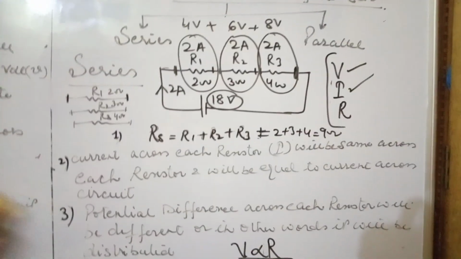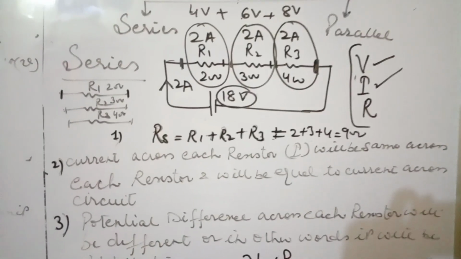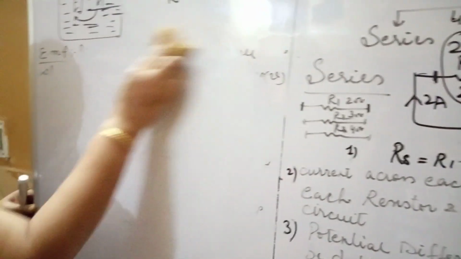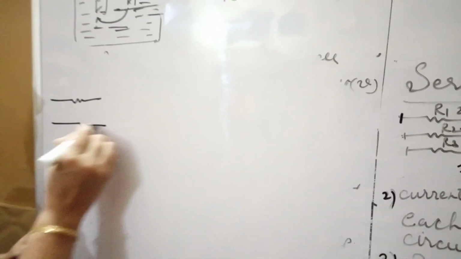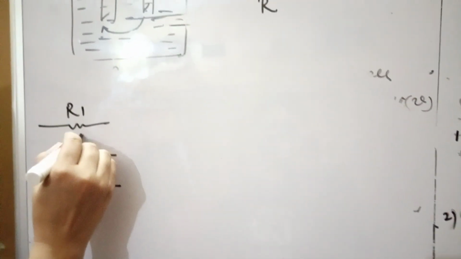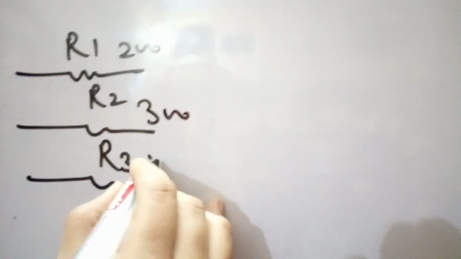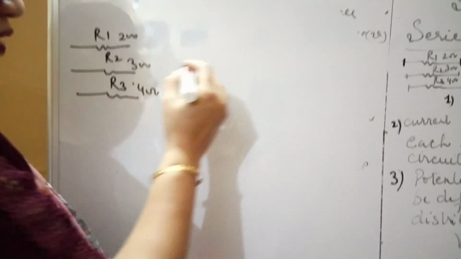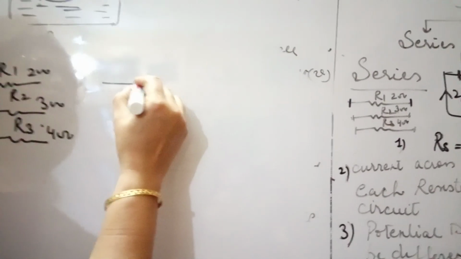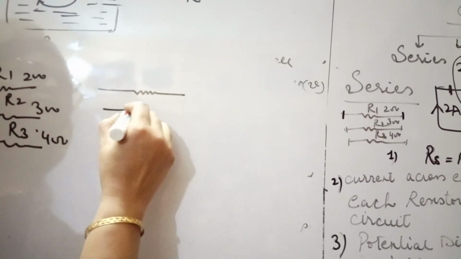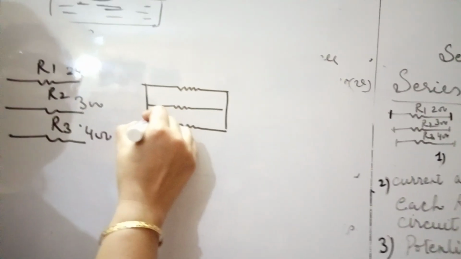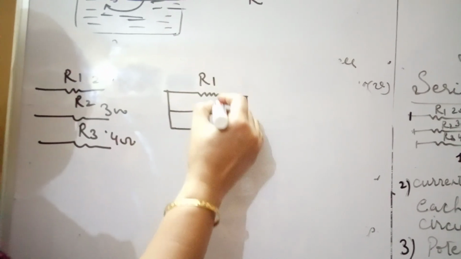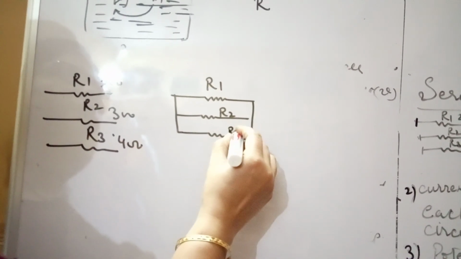So try to understand parallel arrangement. If I just consider these three resistors connected in parallel. See here, again there are three resistors, R1, R2 and R3: 2 ohm, 3 ohm and 4 ohm. So how will we connect it? So that part is totally interconnected. Each and every work is going with cooperation. Here, selfishness, no one considers anyone. Suppose this is R1, this is R2, this is R3.